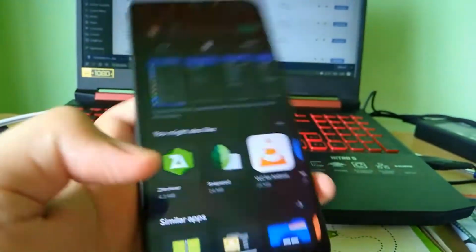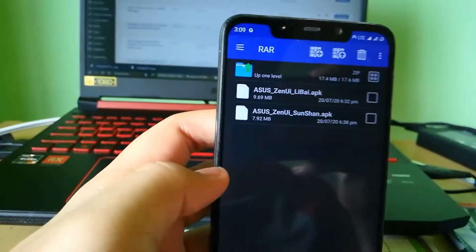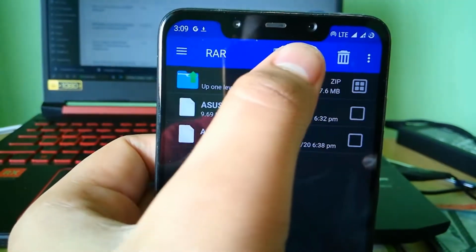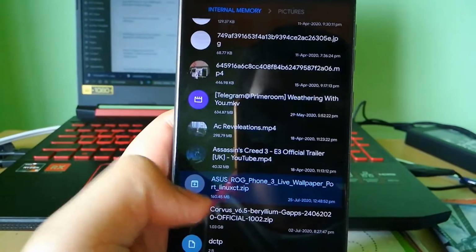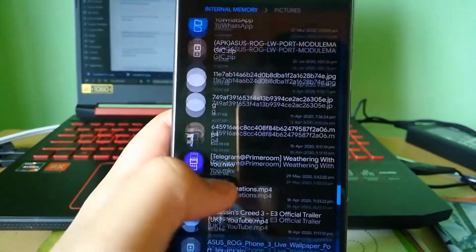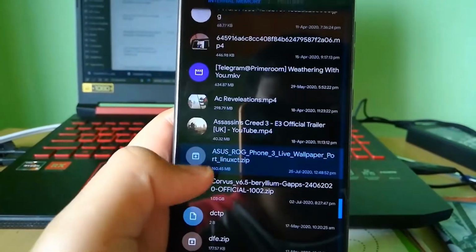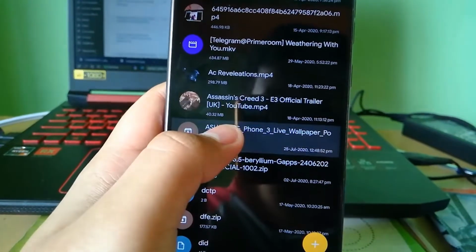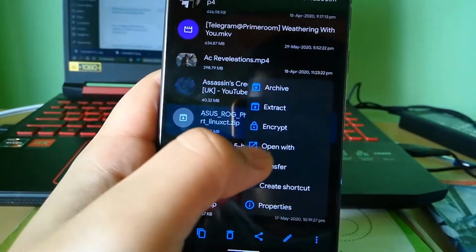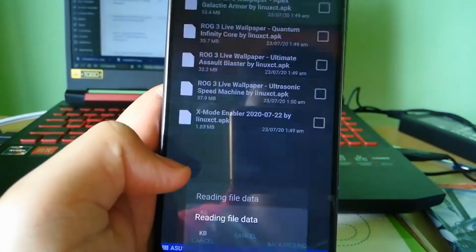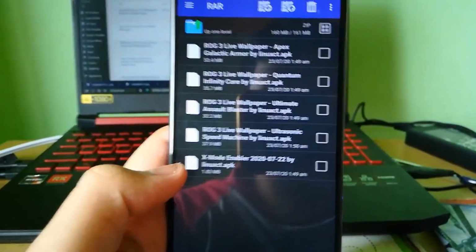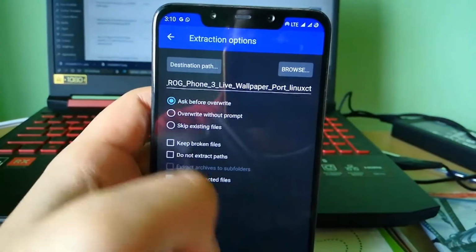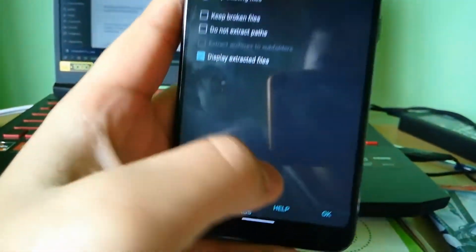Let's head back to the zip file application and extract the Asus ROG 2 wallpapers zip file. After extracting, I will extract the main ROG 3 wallpapers zip file too, so I don't have to do it again. I will open it with WinRAR just like earlier, click on extract and click on OK.